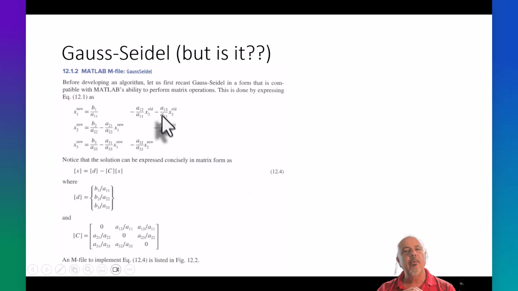A13 divided by A11 there. And then we've got an A21 divided by A22 there. And then we have an A23 divided by A22 there. And then we have an A31 divided by A33 there. And then we have an A32 divided by A33 there. I don't think I goofed up any subscript there, but very nicely we see a C matrix